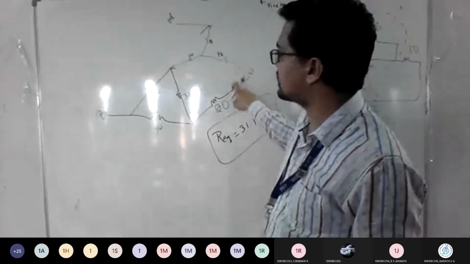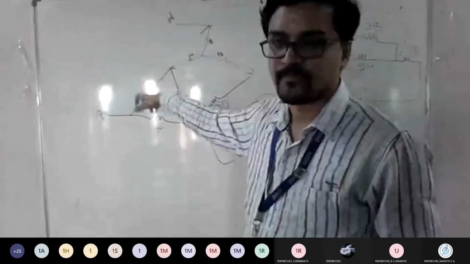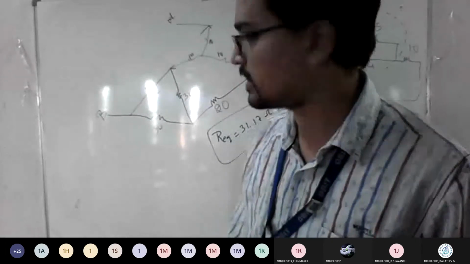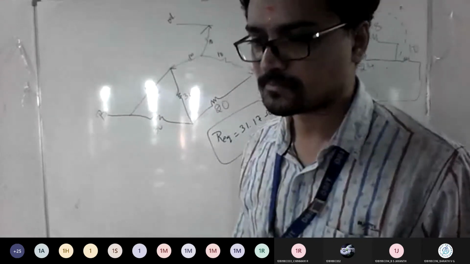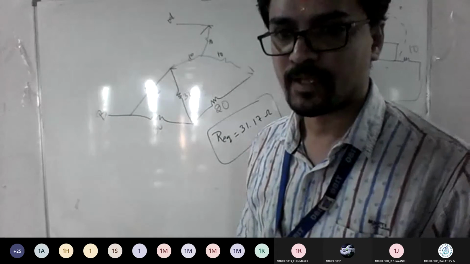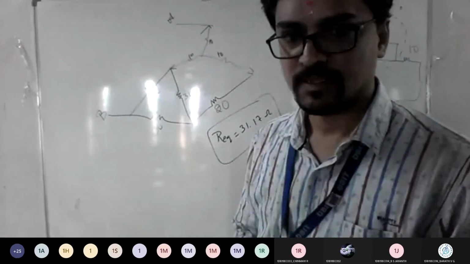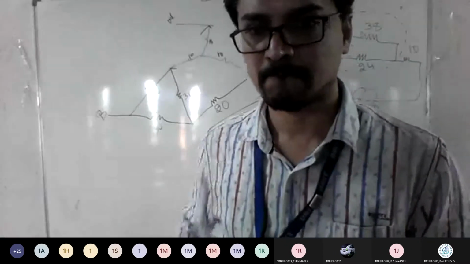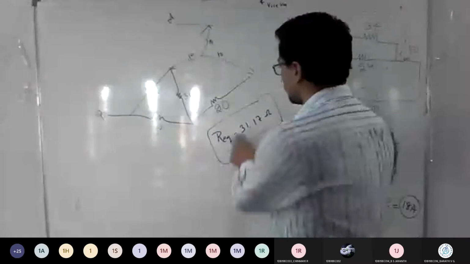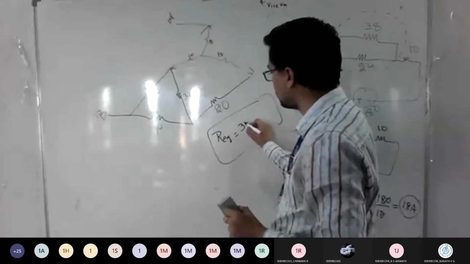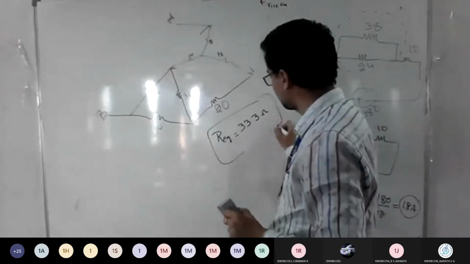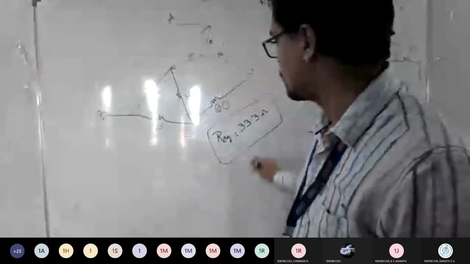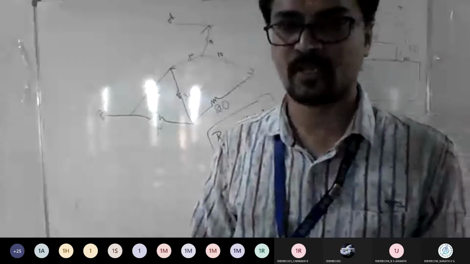Then again these two become series, right? So again you can apply delta here, and that becomes completely series. Check out what the answer is. Is it correct, what your friend told? Everyone, check out the answer. How much, Jayant? Sir, 33.3, sir. Yes, just check your answer. You will commit slight mistakes while doing the parallel-series combination. So the answer is 33.3. Just cross check.